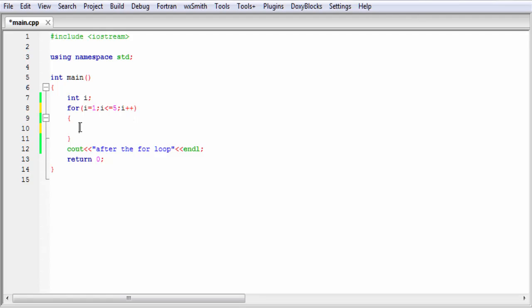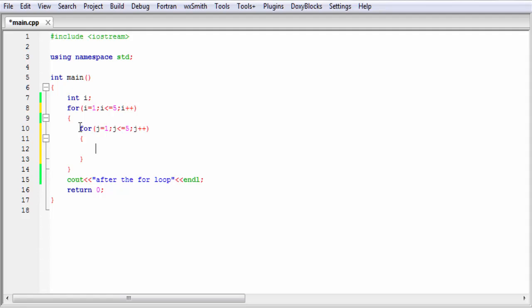And inside this loop we write another for loop, that is for j = 1, j <= 5, and then j++. And inside this loop I am going to print the value of j, cout j, and then endl.